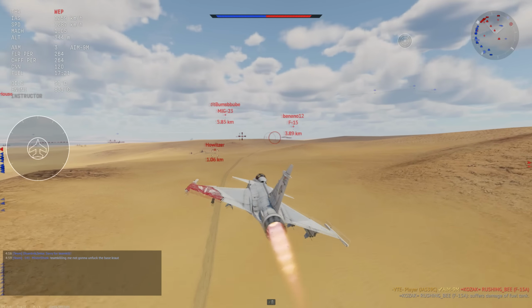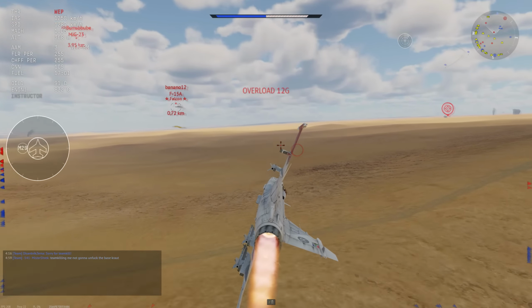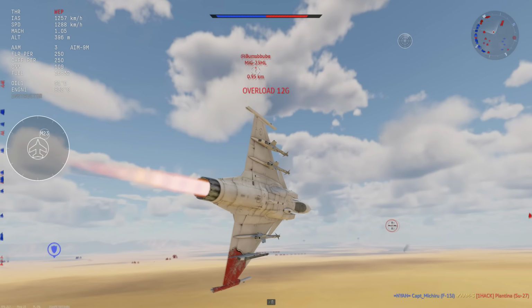A lot of MiG-23s, we have an F-15 coming in. I mean, just stay low to the deck, pre-flare his AIM-9M, and he won't really do anything to us. Another MiG-23 on our 6, one in front of us. We are completely surrounded by these...